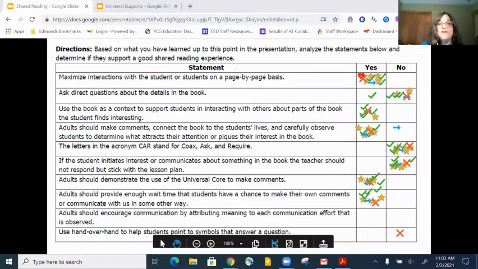Adults should provide enough wait time that students have a chance to make their own comments or communicate with us in some way. Getting lots of yeses there. Looks like some more people figured out the annotation tool. Yay. Adults should encourage communication by attributing meaning to each communication effort observed.